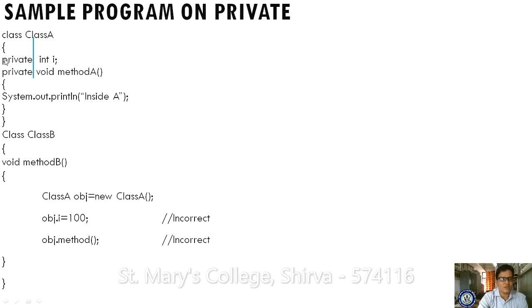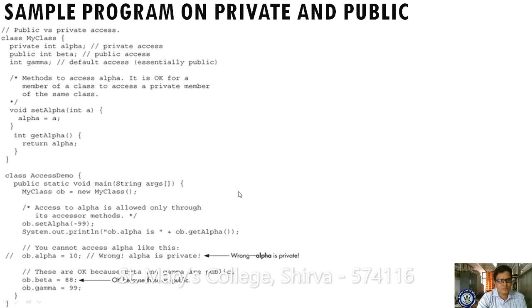Class A has private variables, and in class B you are going to try accessing this variable. This is the last example only. If you try to access it, you are unable to, because you get an error. Why? Because the scope of this variable is private and the scope of this method is private. So you can access them only within this class. You are unable to access the variables and methods from outside of this class, from class B. Now here the sample program relevant to private and public exists.